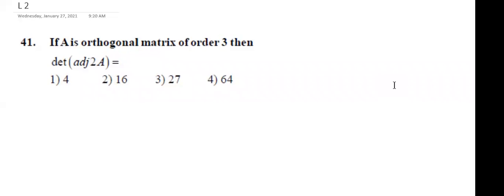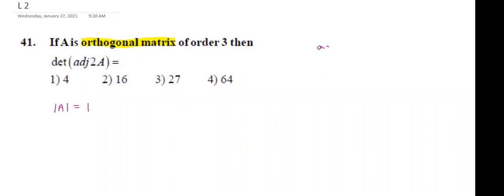So these are level 2 related problems. Level 1 problems are completed in inverse of a matrix. So read the question, what they have given here. An orthogonal matrix is given. In an orthogonal matrix, the determinant is 1. This is the condition, we already know that. Next here, two formulas are there.